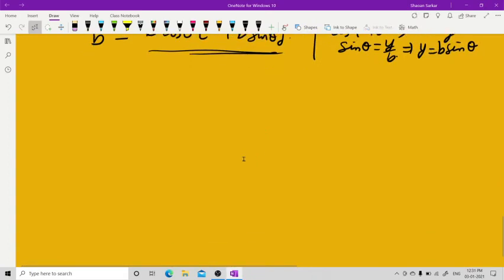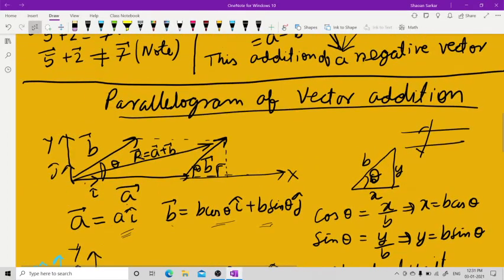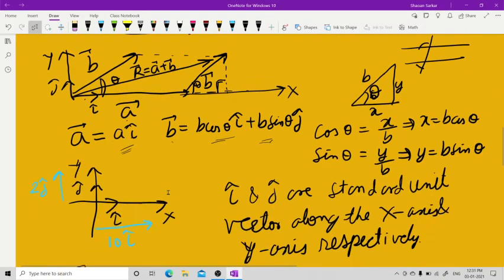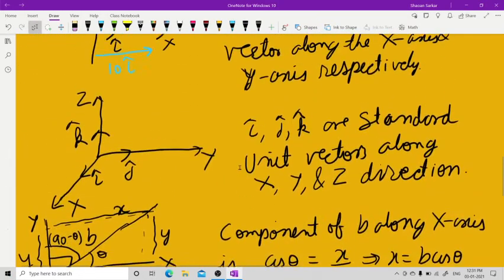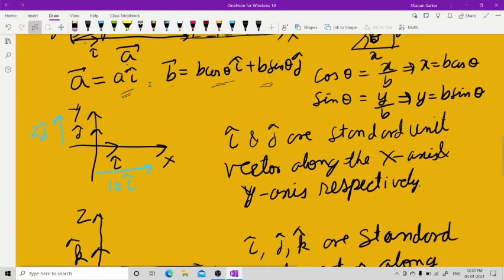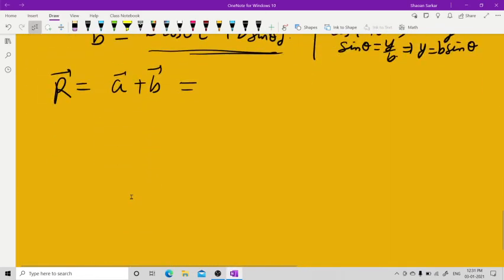I'll answer your questions. Now we had R is equal to A vector plus B vector. You can see here. Wait a minute, I'll show you here. You can see this thing. R is A vector plus B vector. Now what you do is that A is what? You have seen A, A i cap. You have seen this. So you write this as A i cap plus B vector, you write B cos theta.